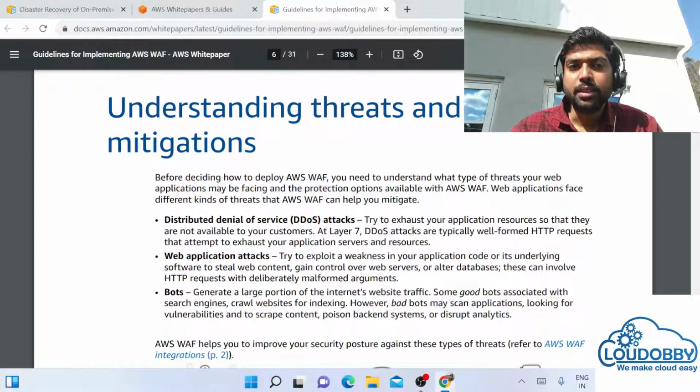The third is bots, which is nothing but what I explained now. Like I may write a script, but with the technology, a bot is nothing but something which can be sending your traffic again and again. So that's how to block that bot or block that traffic.